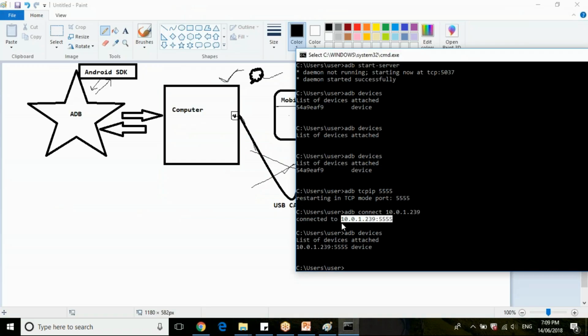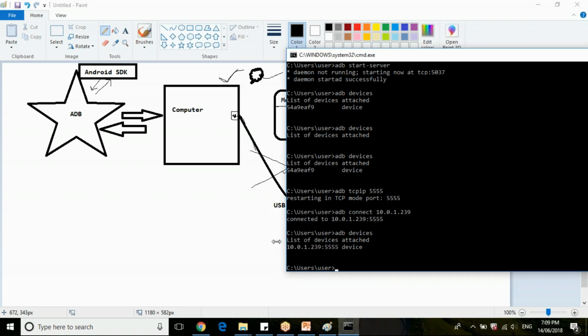Once you connected like that, remove your USB cable, and you can still operate all your ADB commands with the help of this particular IP address. Instead of the device serial number, which you were using when you connected the USB cable, now you are using the IP address of your mobile device. Clear?